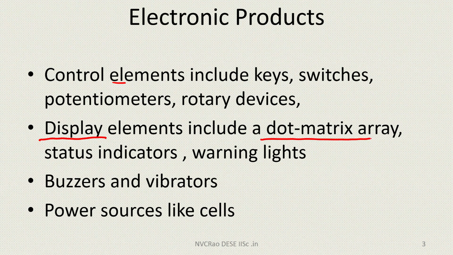Most common is the dot matrix array. A typical output will probably have an LCD screen, and the simplest LCD screen we can have is a dot matrix array, meaning already there are predefined characters and each character is made of certain dots. Earliest we had 7 segment displays. Now we have 8 into 15, 8 into 16, all sorts of small characters all come in rows. So you have a 20 character display, 40 character display and so on.